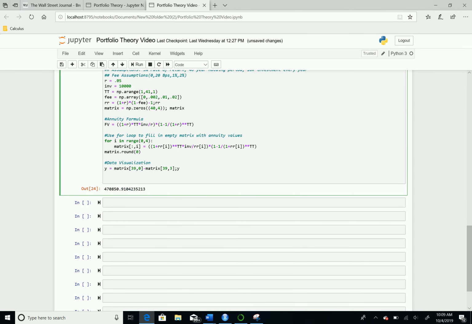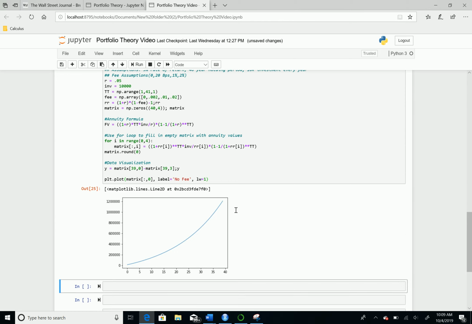Okay, we'll start our data visualization with the plt.plot function. Just make sure you have matplotlib downloaded. And we'll put in our matrix, all rows in our 0 column. So this is going to be the portfolio with 0 fees. And then we're going to label this because we're going to add a legend later. And we're going to say the label is equal to no fee. And let's just adjust the line width. So we'll say LW is equal to 1. And if we execute this code, you can see that our first portfolio with 0% fees annually has been uploaded